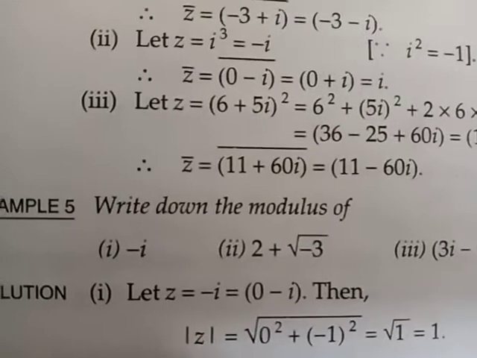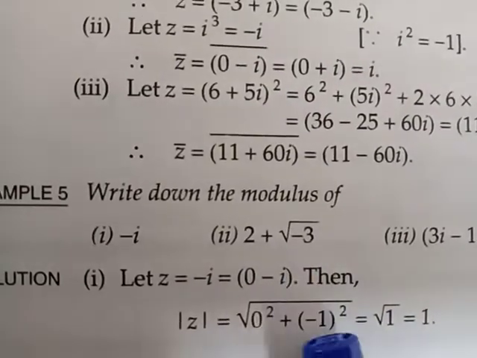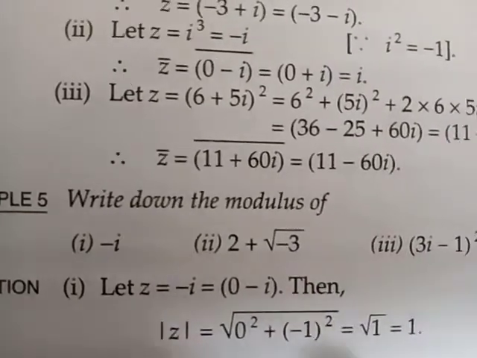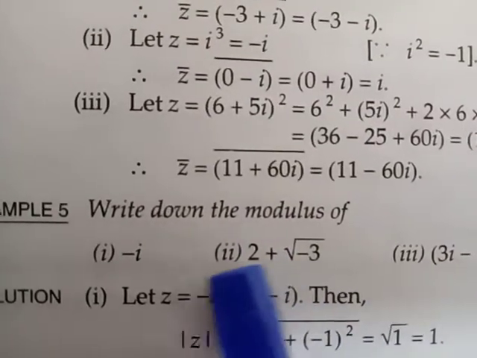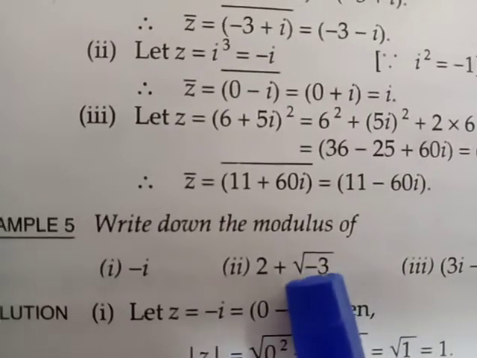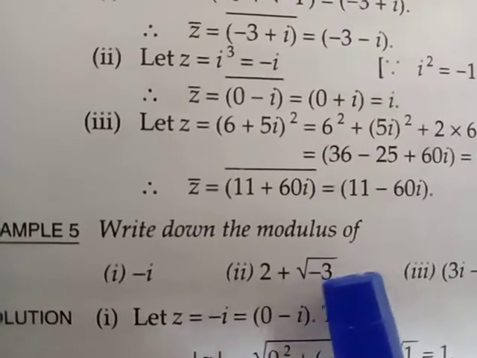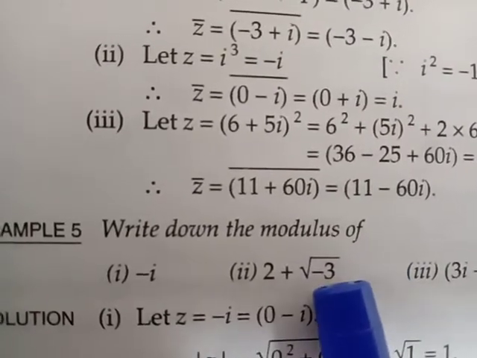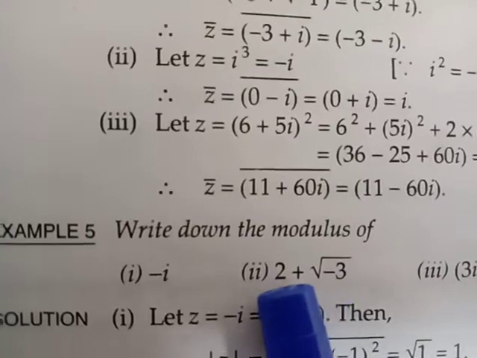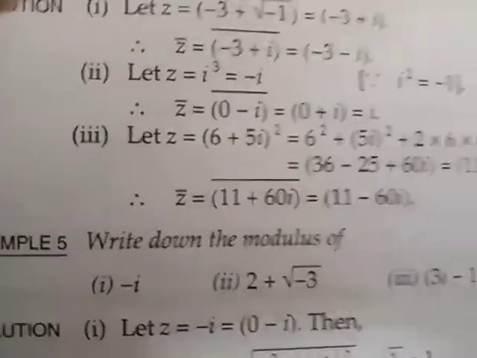So the real part is 0, the imaginary part is minus 1. So modulus of z is equal to square root of (real part of z) square plus (minus 1) square, because the imaginary part of this number is minus 1. So when we do it, we get the value of plus 1. Next we need to find the modulus of this number. First it has to be written in the standard form. In order to do it, inside the square root we have minus 3. That minus 3 can be written as minus 1 into 3. That minus 1 can be written as i square. That i square can be brought outside the square root as i. So the standard form of this number will be 2 plus i times root 3.